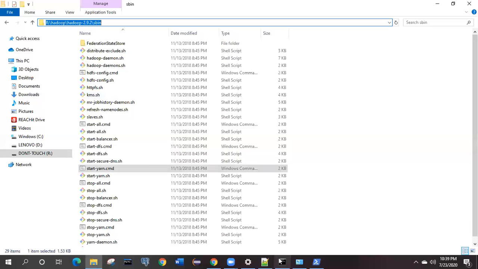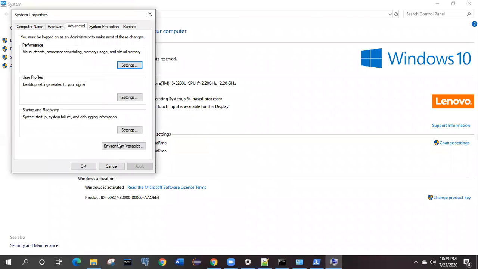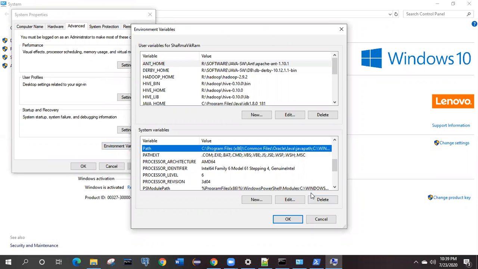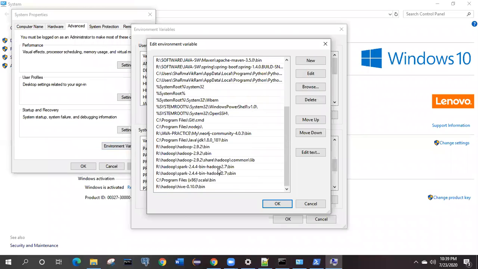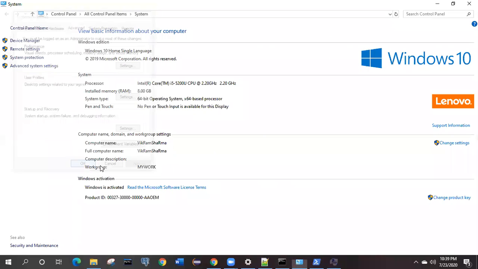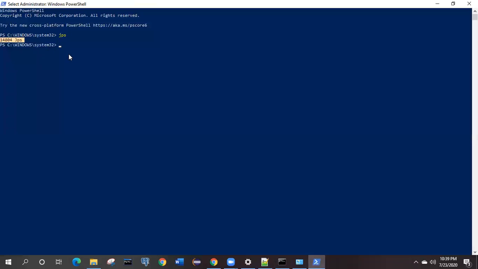Because of that, I have set it into the path while setting the environment variable. If you don't set this, it will not know where to execute the command from. If you set it into the path variable, you can start Hadoop from any directory on your machine.